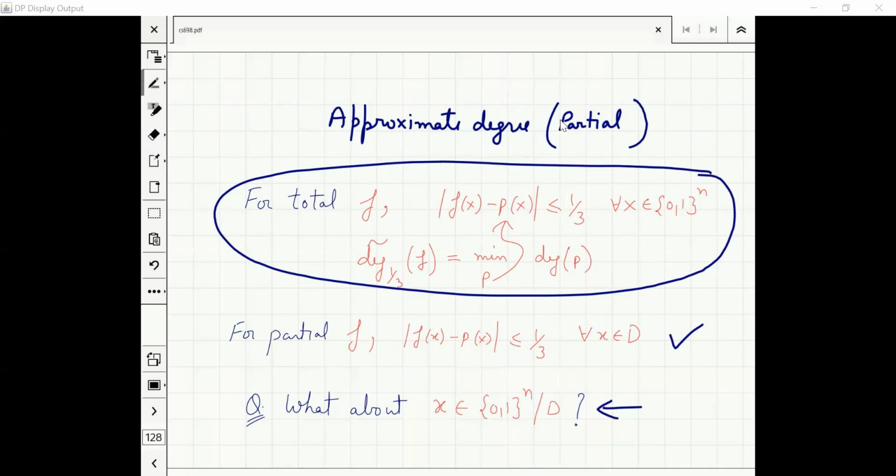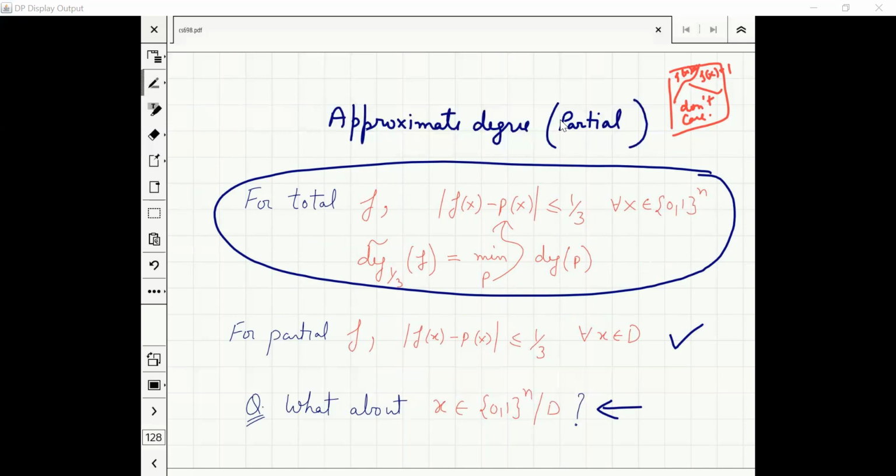Now, one way to say it is, remember the diagram for partial functions? We said that the rectangle is divided into three parts: f(x) equal to 0, f(x) equal to 1, and don't care. If the input was don't care, then why should I care what the value of the polynomial is over that? But on the other hand, I can also say that I'm only talking about Boolean functions.